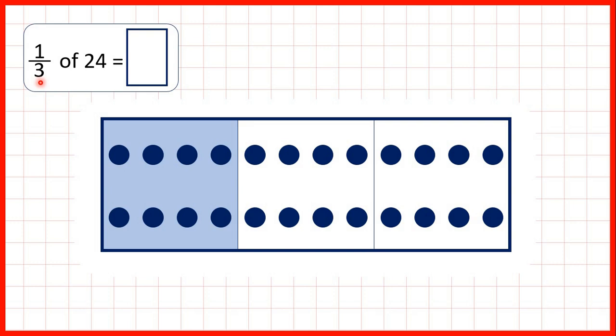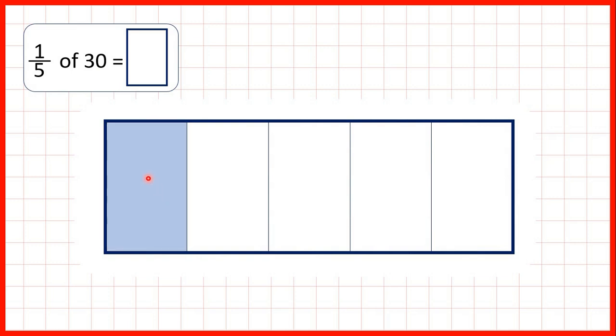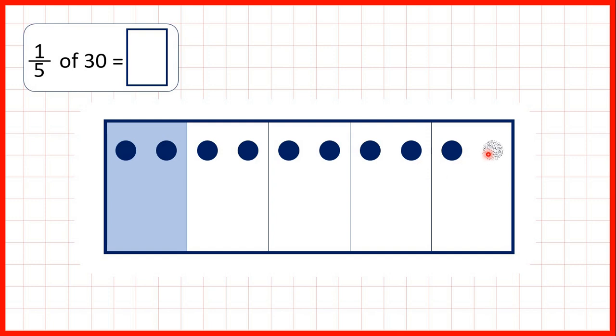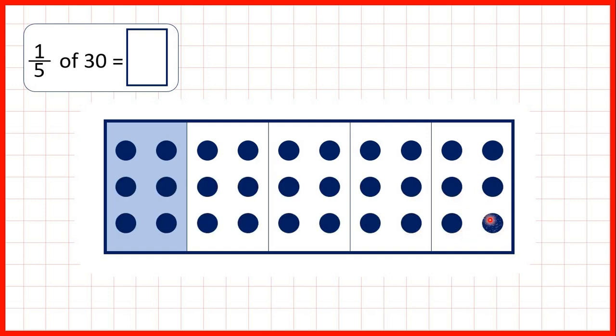So that's why, to find 1/3 of 24, we divide by the denominator. 24 divided by 3 is 8, and you can see that we have 8 counters in each of our thirds. So in 1/3, we have 8 counters. Next, we had to find 1/5 of 30. So we can show 1/5, and if we share out 30 counters, so that's 5, 10, 15, 20, 25, 30,